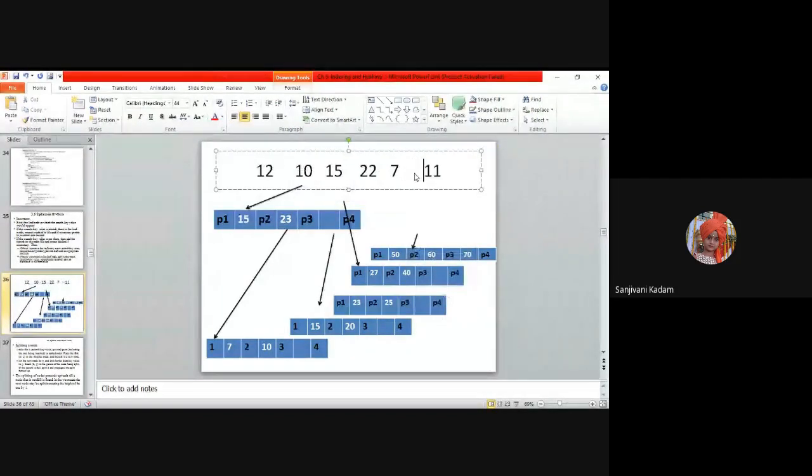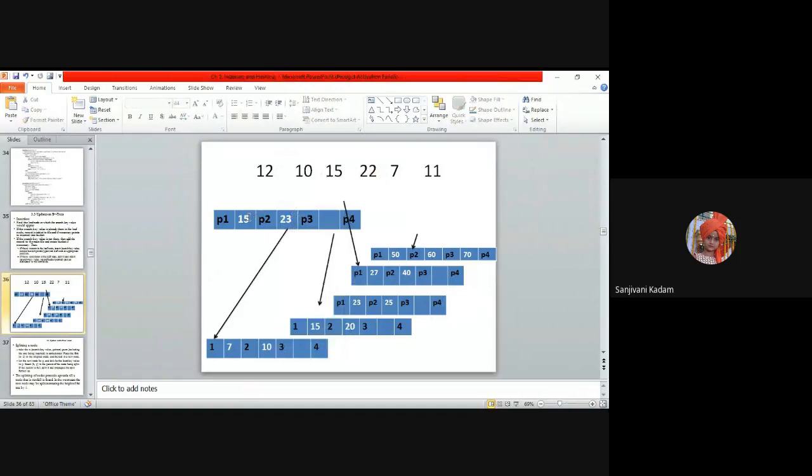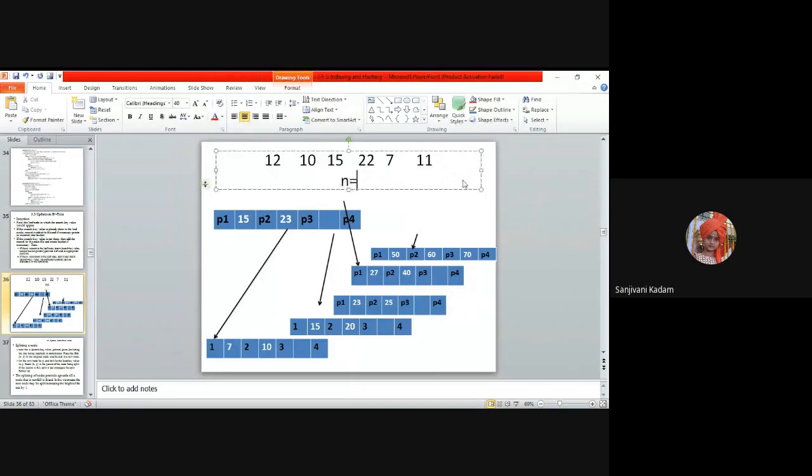These are the elements which I want to insert. Right now, we have considered the order to be 4. Whenever the order is 4, it means n equals 4, and the number of key values is n minus 1, which equals 3. So there are 4 pointers, p1, p2, p3 and p4.